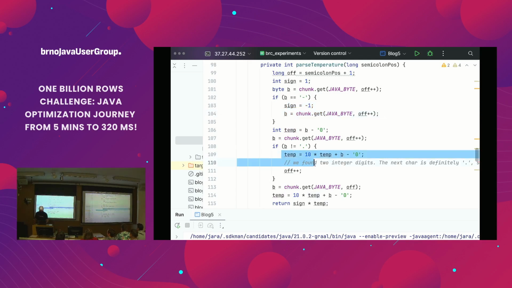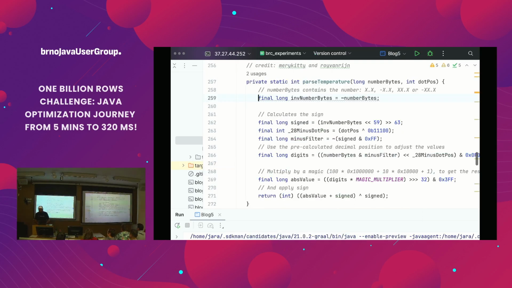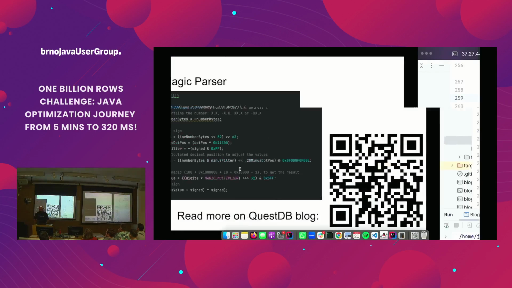This branch, okay, is there one digit before the decimal point or 2? Again, very unpredictable. So this is again causing troubles for our CPU. There is not a single branch. Nobody can tell how it works. It works. I have to admit that during the competition, I saw it and I was like, yeah, it works, okay, copy it, snitch it, and use it.